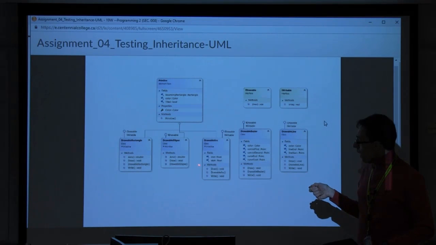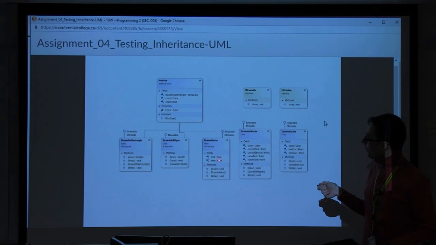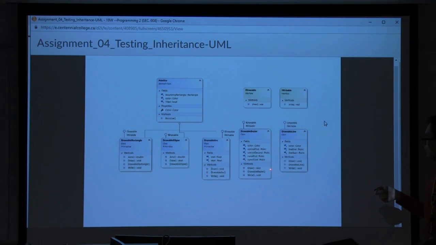Actually, property-wise, they don't have properties. These are all fields. See, they all have lowercase. None of them has uppercase, which usually indicates a property. So again, you don't have properties here.